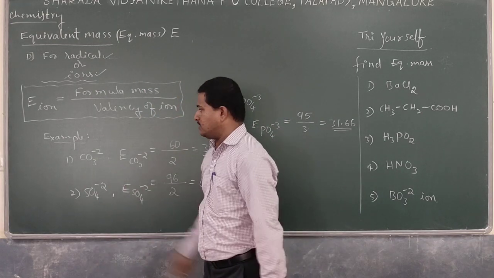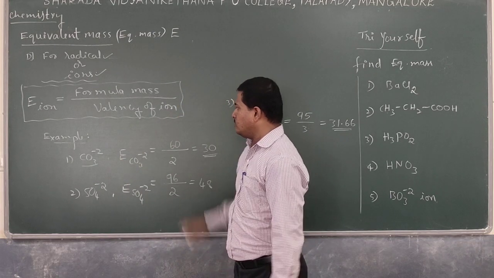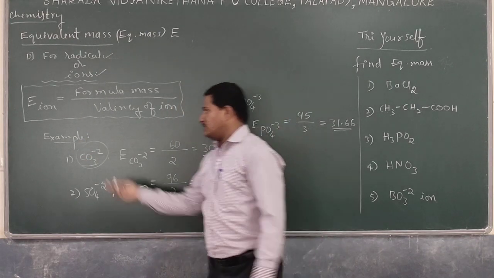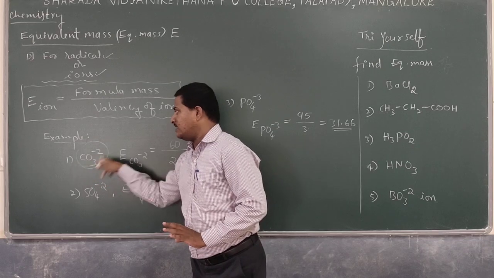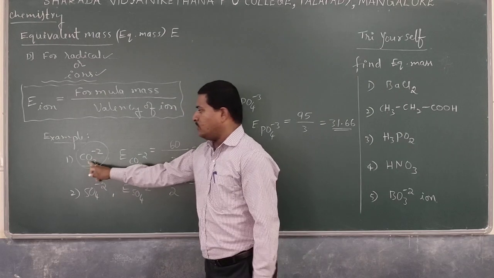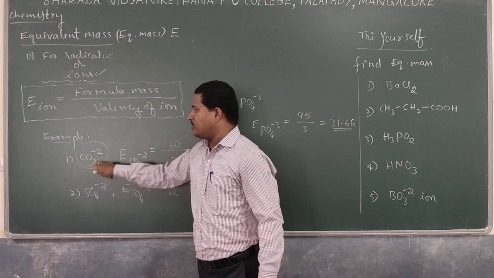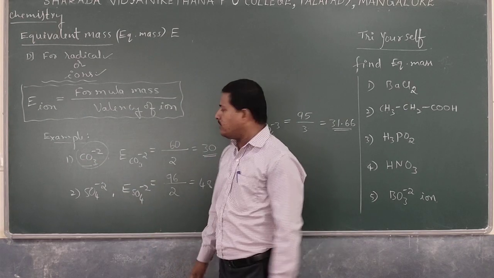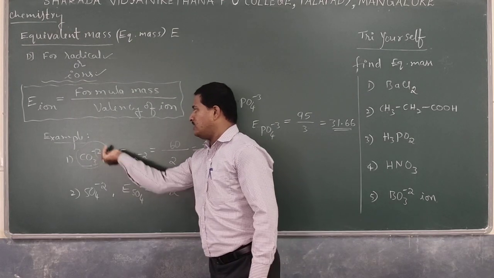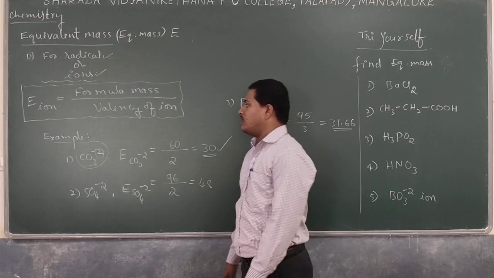Let us go into some examples. The carbonate ion is there in our set, CO3 minus 2. So the equivalent mass of the carbonate ion: here we have to find the mass for CO3 minus 2. This is not a molecule. Since it is a charged species, we have to find the mass for that charged species. Very simple: apply atomic mass values. Atomic mass of carbon plus 3 into atomic mass of oxygen tells about the formula mass. For CO3 minus 2, it is 60 divided by the valency, which is 2. So 60 divided by 2 equals 30, the equivalent mass of the carbonate radical.